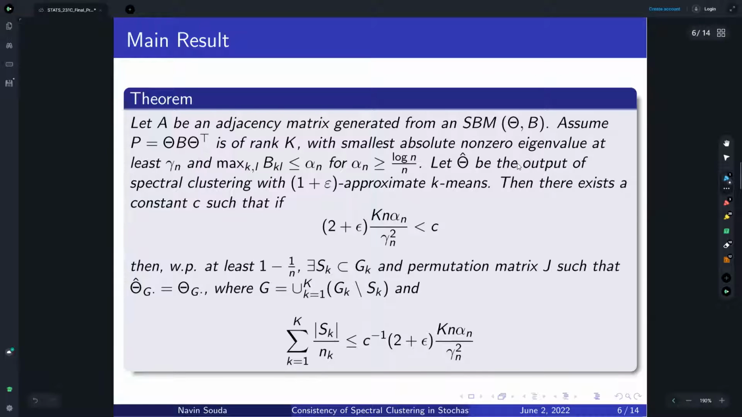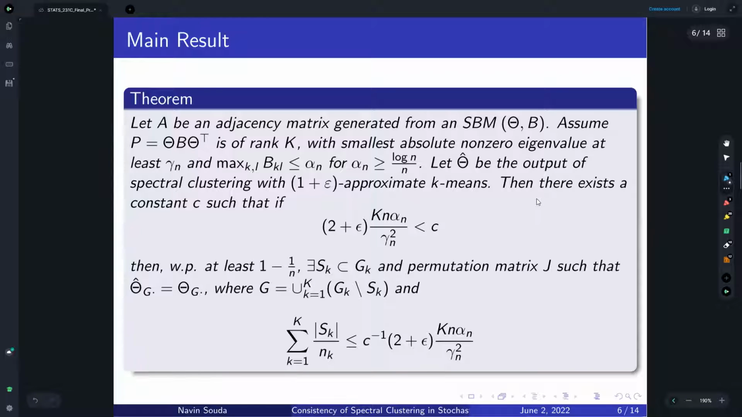And then furthermore, we're actually going to bound the largest value in our connectivity matrix by some alpha n, but we will say that it has to scale with at least log n over n. So we'll talk about it a bit more, but the alpha n is basically going to control the sparsity of our matrix. So if we let theta hat be the output of the spectral clustering with 1 plus epsilon